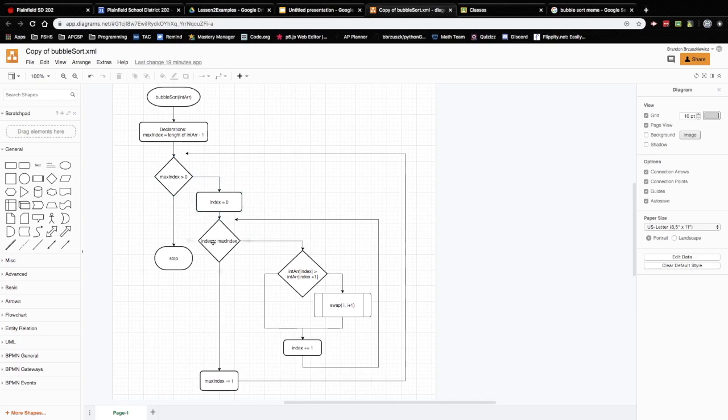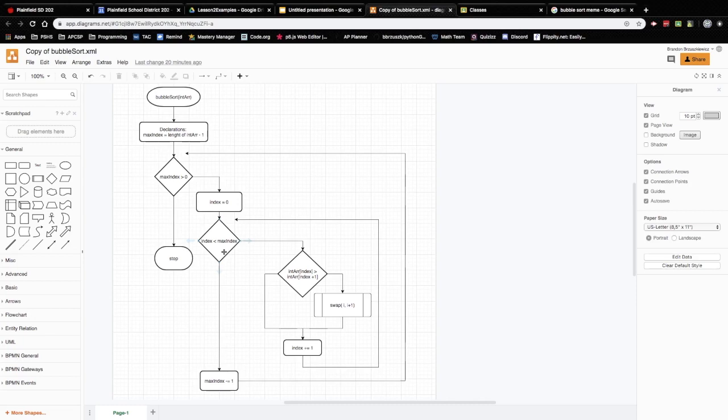So you can see index at 0, while index is less than max index, I want to compare those 2 elements, those 2 consecutive elements, and if the one on the left happens to be greater than the one on the right, I'll swap them. Okay, and so I have a nice swap algorithm kind of already built, and we've done that a million times where we've transposed 2 elements in a list or an array, so I'm not going to go through that in great detail. But if one is on the wrong side of the other, switch them, and then increase index by 1, and keep going through this little loop here until you eventually bubbled up the biggest number to the front